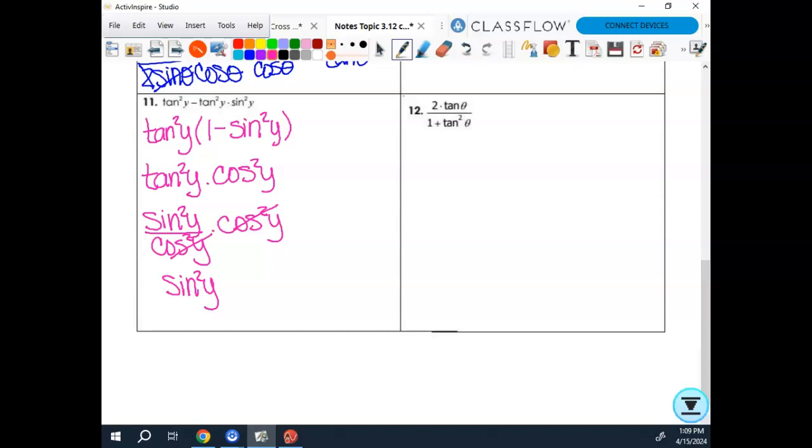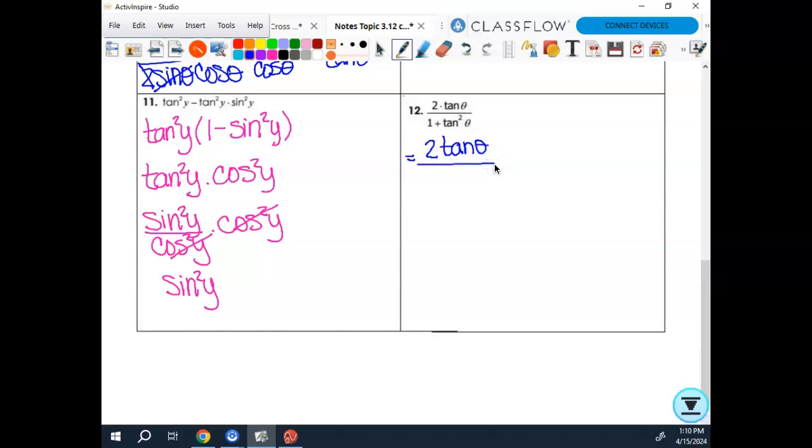What questions you got? Okie dokie. Let's look at 12. So I have 2 tangent theta over 1 plus tangent squared theta. So we split a fraction on Friday. I can't split this fraction because I can split a numerator, I cannot split a denominator, so don't start making up math, okay? Yes, I can make tangent into sine over cosine, but I think I'd like to do something with that denominator first. So I'm going to leave my numerator like it is. 2 tangent theta